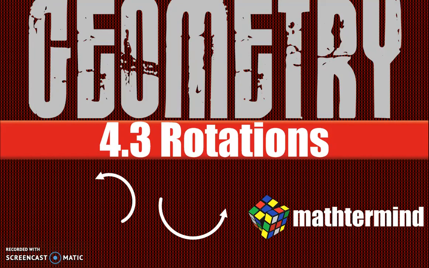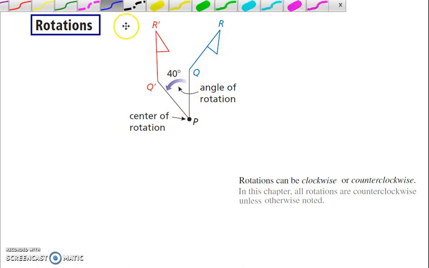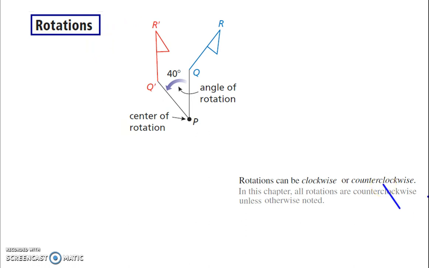We are in Chapter 4, Section 3, Rotations. Alright, a rotation is a rigid motion about a point. Now that point is called the center of rotation. The point can either be part of the figure or it can be outside of the figure. Now if it's outside of the figure, then the distance from one of the points to the center of rotation